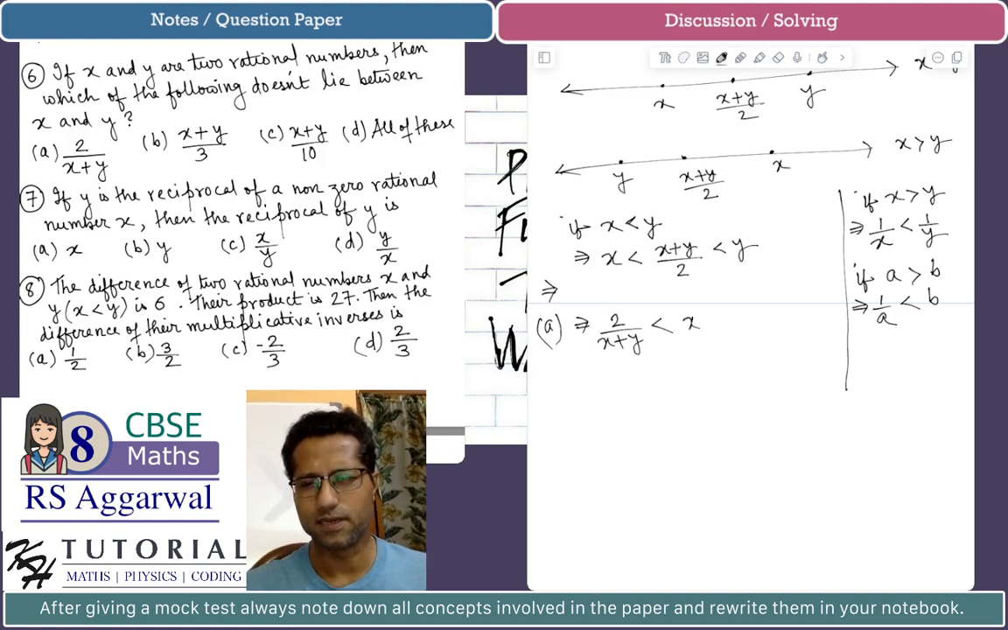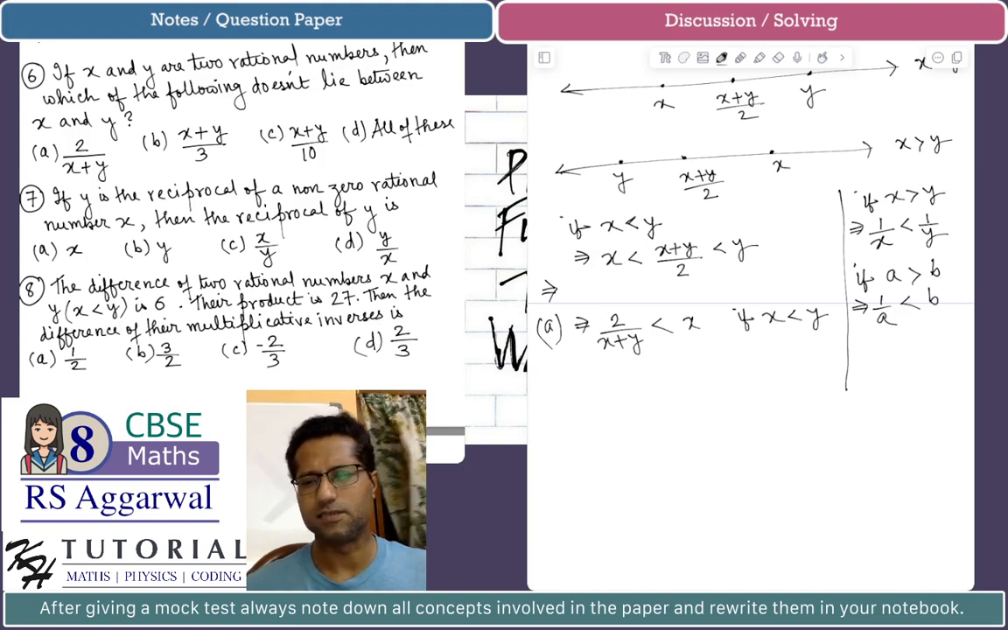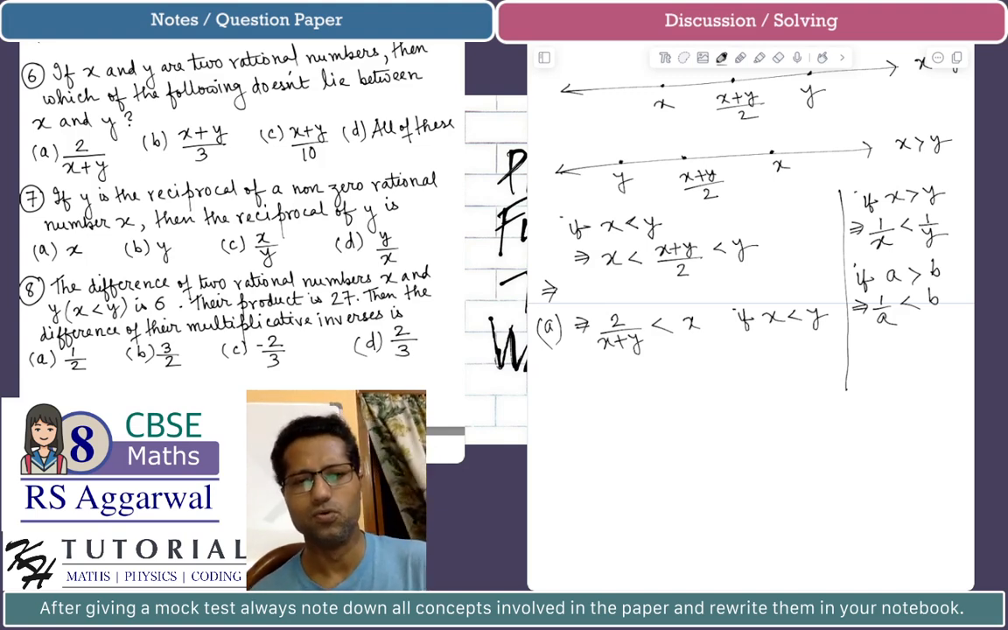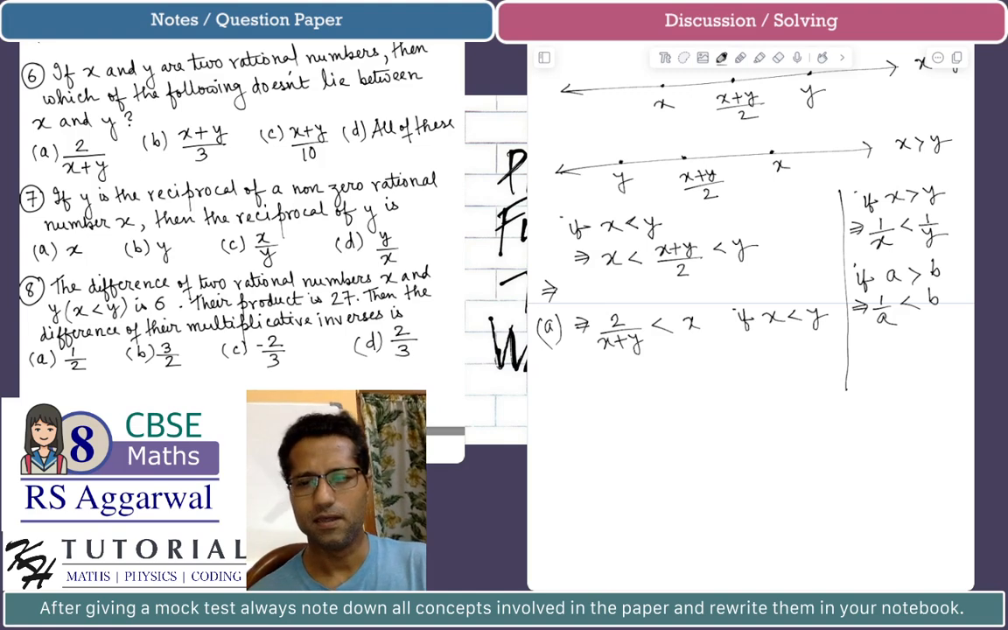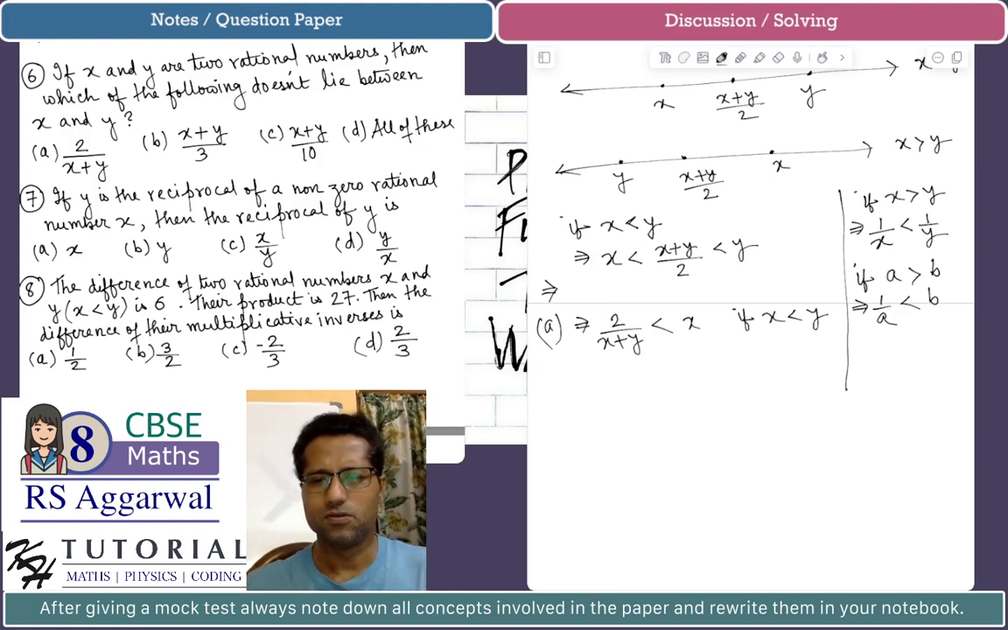For the given rational numbers x and y, let's say x is less than y. Then the choice A is saying that if we assume it to be true, that is, 2 by (x plus y) doesn't lie between x and y, then definitely it will be less than x. So 2 by (x plus y) is less than x, and let's see if from this we arrive at any contradiction or not. So this will imply, I can now